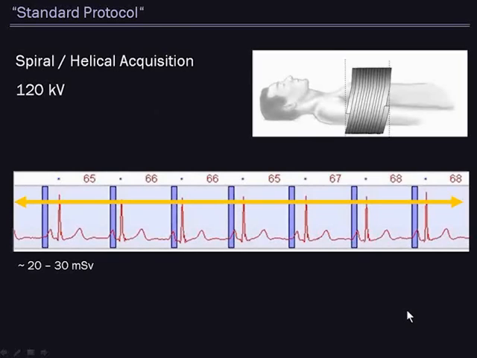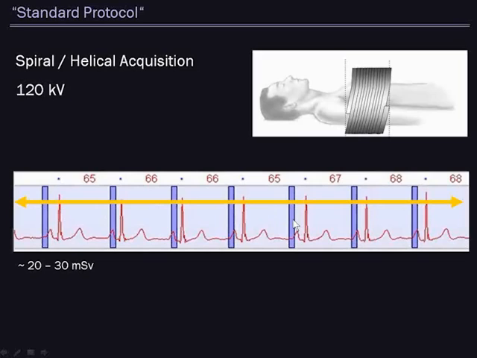Traditionally, this has been done with spiral or helical acquisition using 120 kV tube voltage, and the traditional way of acquiring coronary CT angiography data is to perform a spiral acquisition with a very low pitch, so there's tremendous amounts of overlap in data acquisition, record the EKG simultaneously while the patient's X-ray data are recorded, and then retrospectively, using the patient's EKG, images are typically reconstructed in diastole to